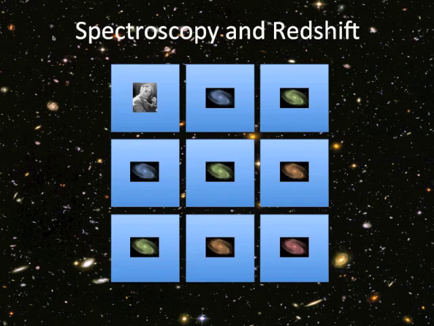So this is a very powerful tool because in principle, if all galaxies were the same and had exactly the same intrinsic color, we could measure the distance to a galaxy simply by measuring its color. If a galaxy looks red, it's because it's really far away, and if a galaxy looks blue, it's because it's very nearby. Now, it's not as simple as that, because not all galaxies are the same, and some galaxies are bluer and some galaxies are redder.